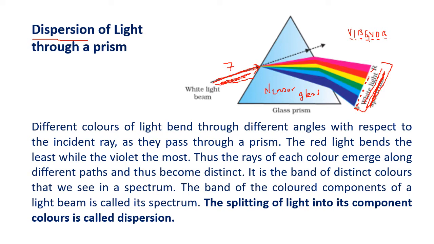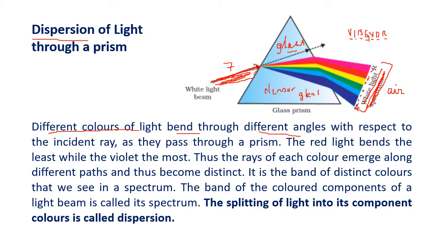Now you can see what happens here. Different colors of light. Now this white light is made up of 7 colors, but all these colors bend through different angles. Why does that happen? Now you will see all these 7 colors have almost got the same velocity in air, means travel at the same speed in air. But when they enter glass, then the velocity of each light changes in different proportions. So as the velocity is changing, so is the bending change.